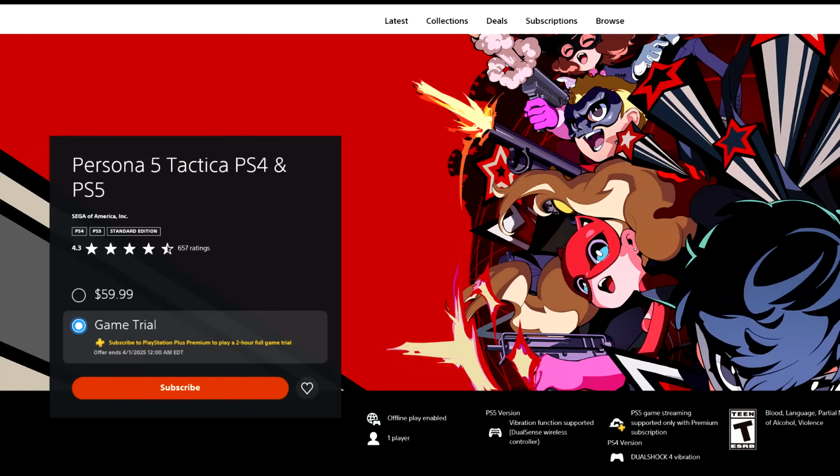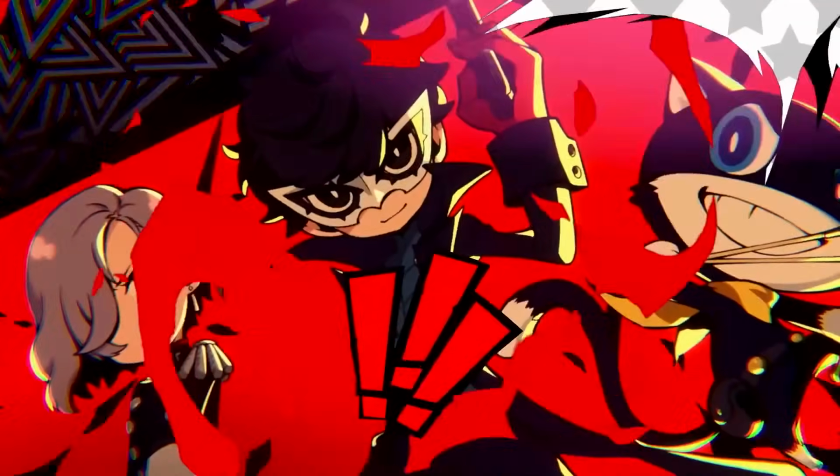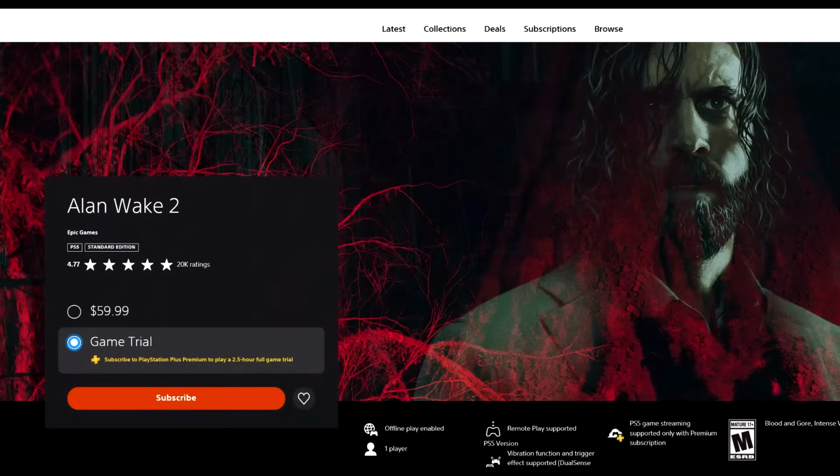Persona 5 Tactica is enjoying a 2-hour trial as well. It even notes how long the trial will be here for, until April 1st of 2025, so yeah, if you want to check out Tactica, you can play a 2-hour trial there. Alan Wake 2 does have a 2.5-hour game trial there, and Alan Wake 2 is one of those games I talk about,